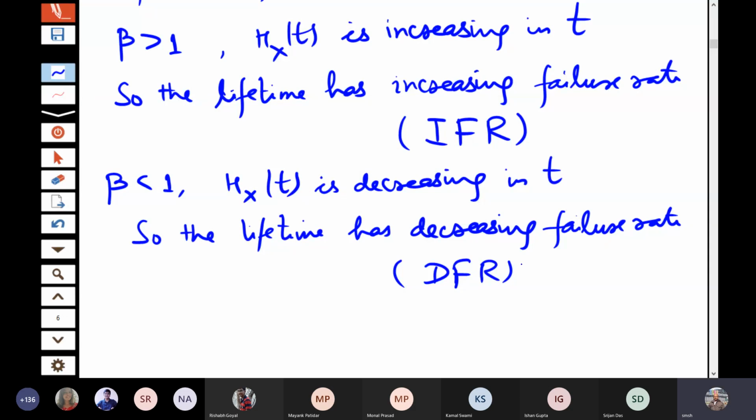Yes, sir. And for beta less than 1, we can also say that in the human system, as we have a newborn child, it has very low immunity, so the failure rate is high. But maybe once it achieves the age of 5 years, then it becomes robust and things are better. So a person at an age of 15, 20, like what you are, your robustness is much more. And then once the person crosses the age of 50, it starts going down. Okay, so you can think like that. Okay, sir. Thank you.